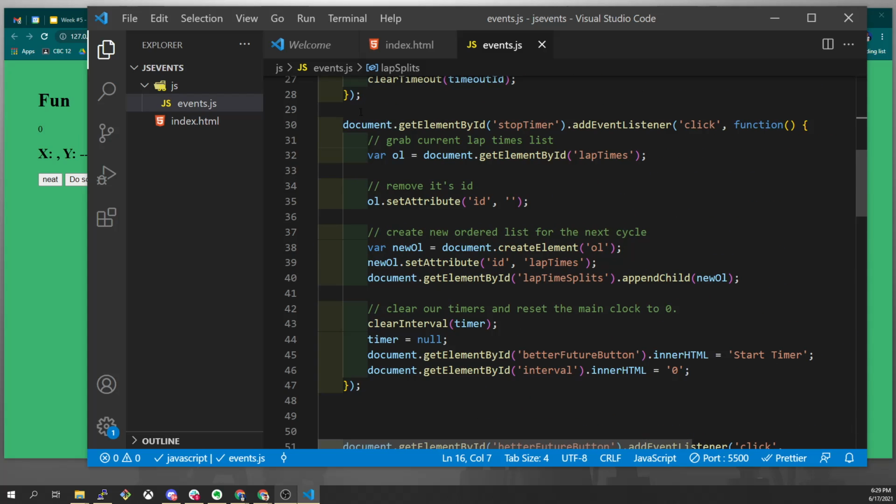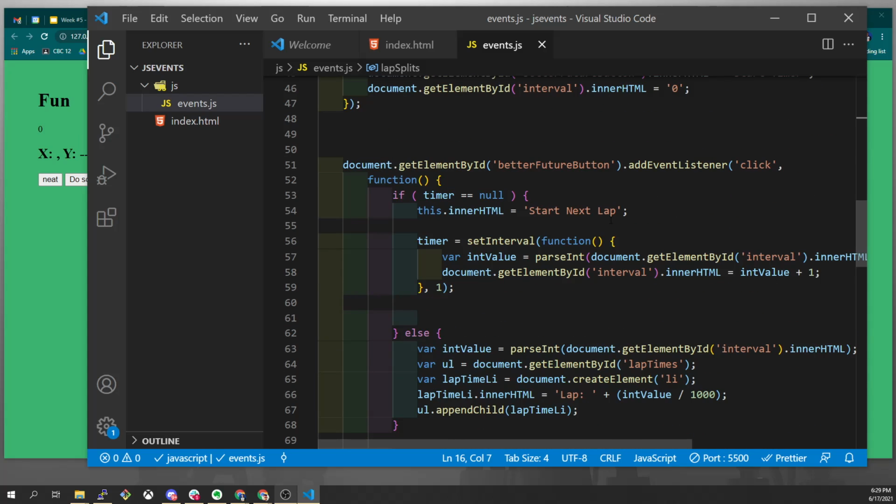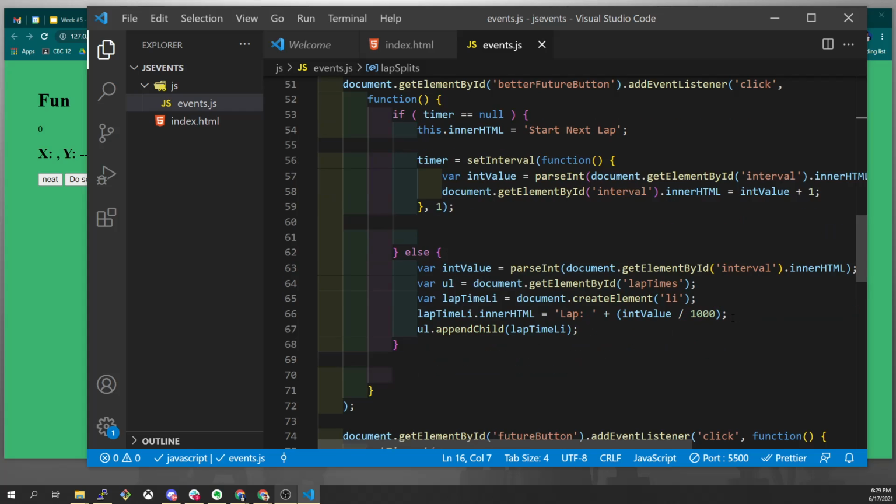So we are starting the timer right here for the first time. Now, if timer equals null, right? So perfect. This creates the first one. But we only record lap times when we've lapped at least one time. So it's going to happen right in here. We're getting this value right here. Okay. But first we need to